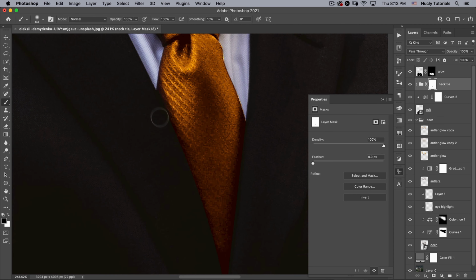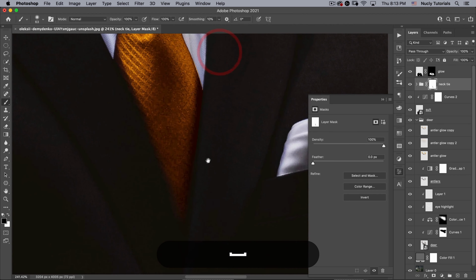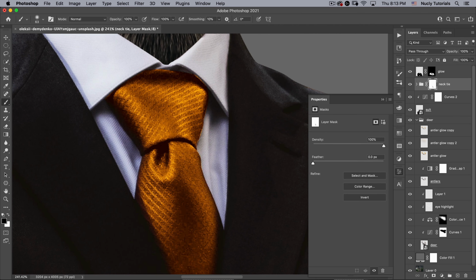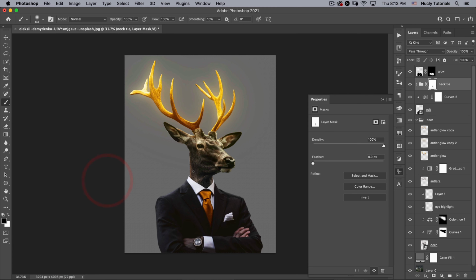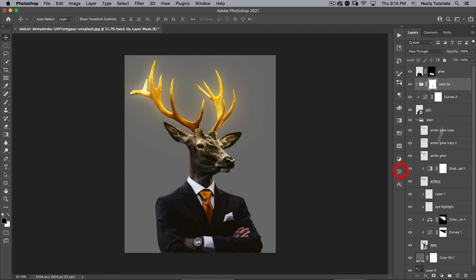Because this tie was red beforehand, it works just fine. Something like this, and just get rid of that kind of color clipping that's going on. There you go. All right, I like that.